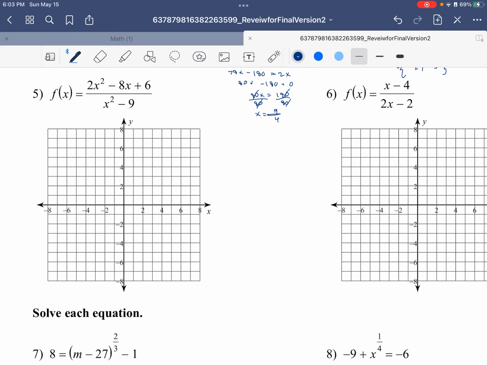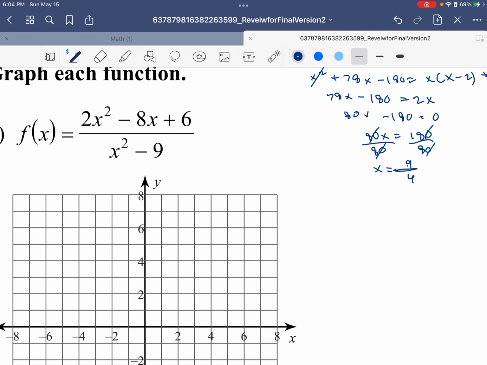So first we have this function, and when you want to graph a rational function, there are a few things that are required to graph, and that is the vertical asymptote, the horizontal asymptote, the y-intercept, the x-intercept, and then if there's a hole on your graph. And so I usually start with looking at my function and then seeing if there's any way I can simplify it, which in this case we can simplify to this: